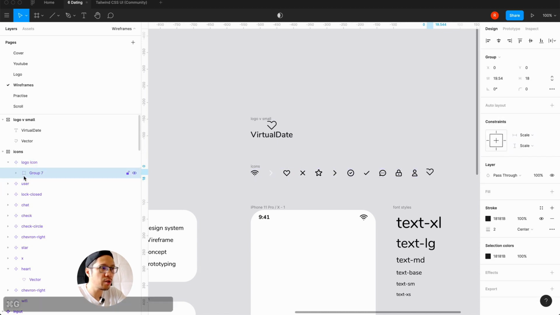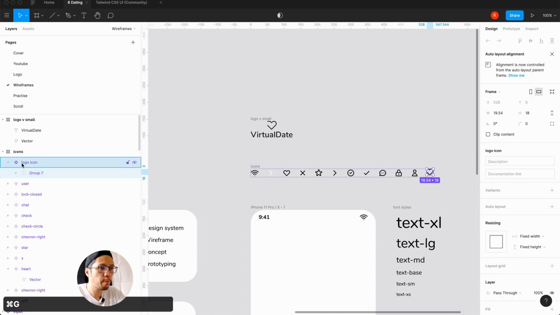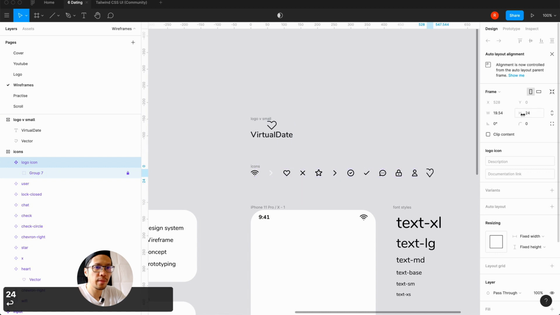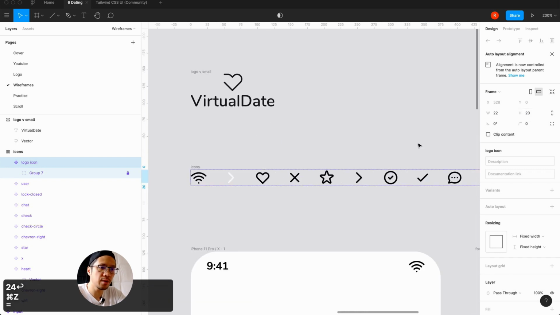So I'll just do Command G for group. Let's see if this works. At 24 still messes up. If I lock it, I have a feeling it's still going to do it. See, 24. Okay, yeah, so it still messes up. Anyway,